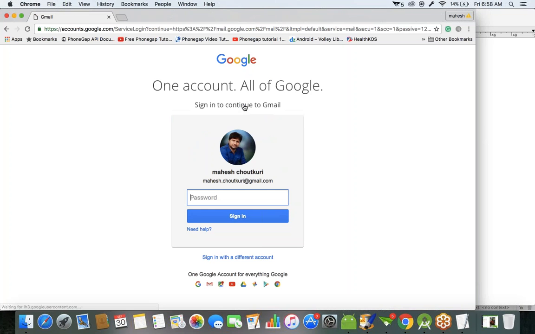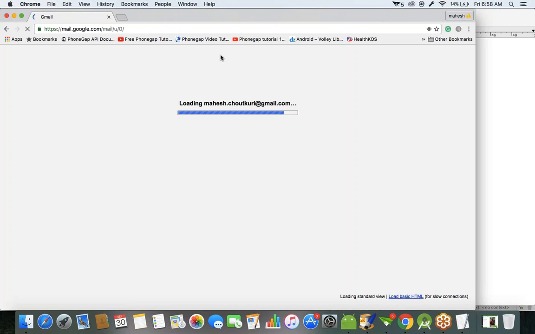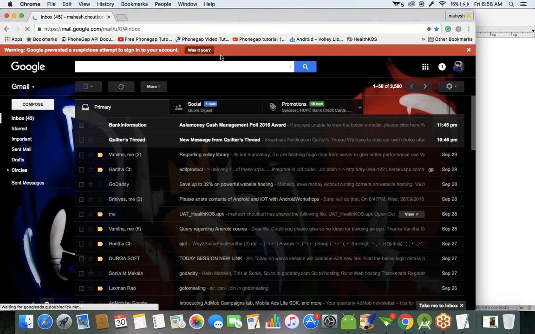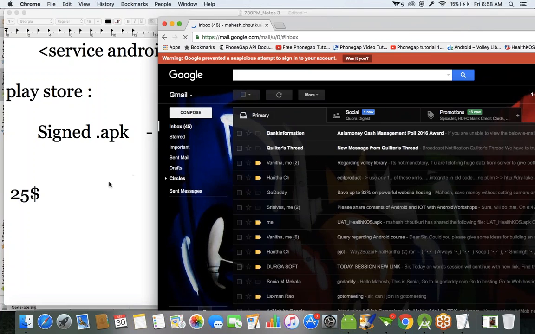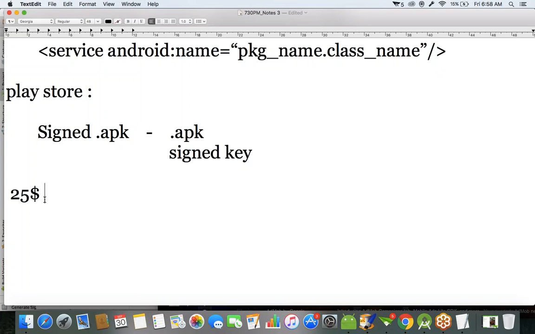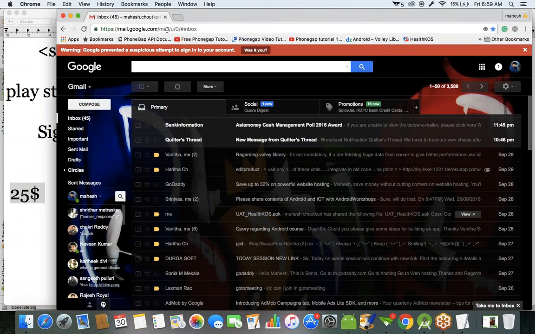First, log in with your Gmail account. I have to purchase an account with $25. Okay. Log in with my Gmail account. I log in. So now type here in Google